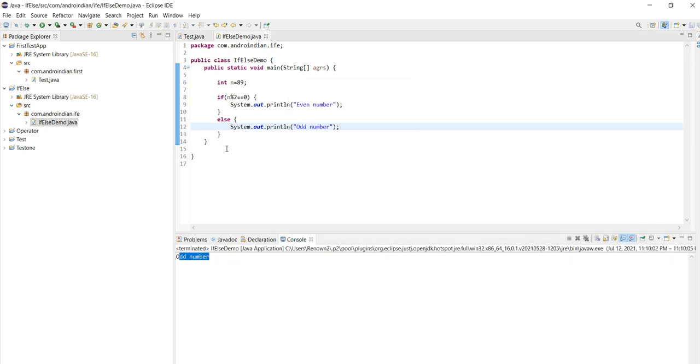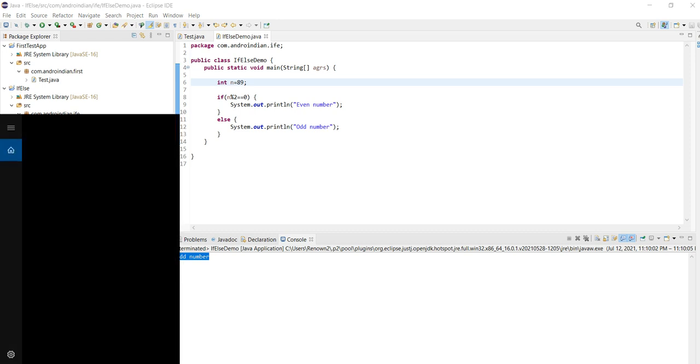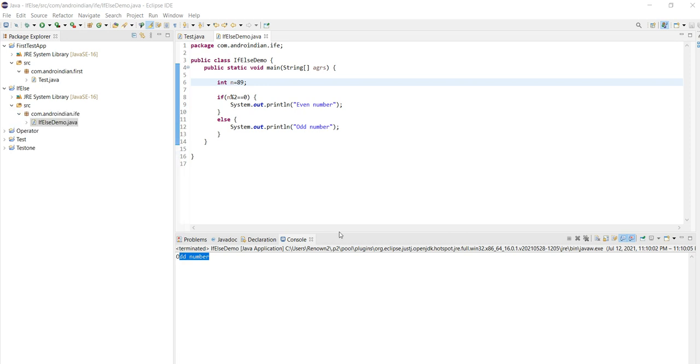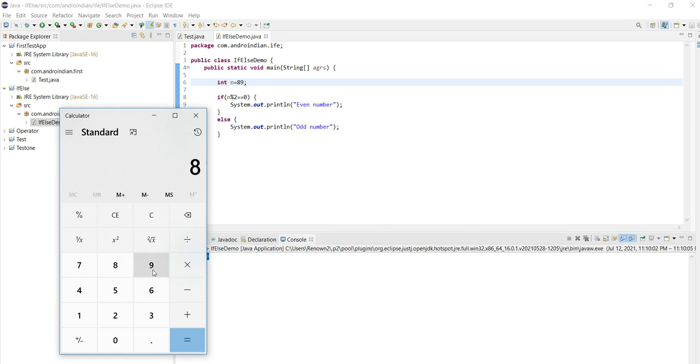See, here 89 is an odd number, because if I'm dividing this by 2, I'll just use the calculator. 89 divided by 2 gives 44.5, so it should not be like this.